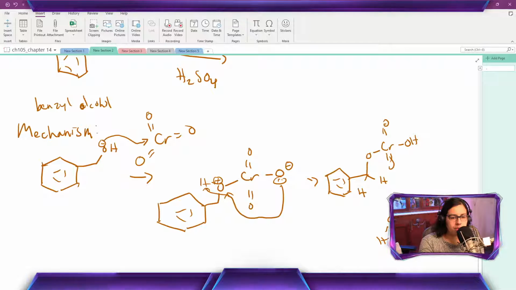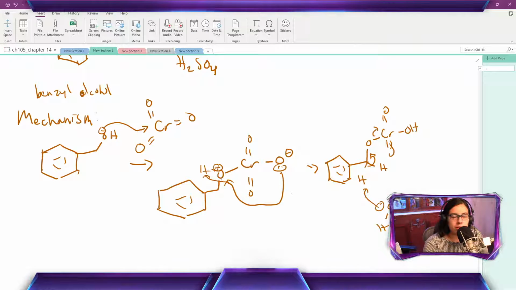So we'll have water come along. So it's going to pluck this off. Now these electrons have to go somewhere. So these electrons are going to form a double bond. And then once they form that double bond, this will leave. And so let's write our product. So now our product